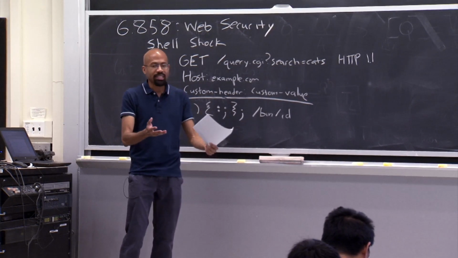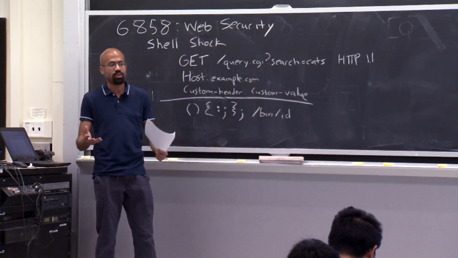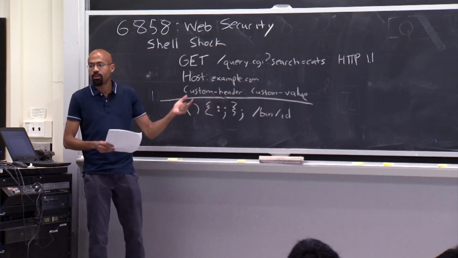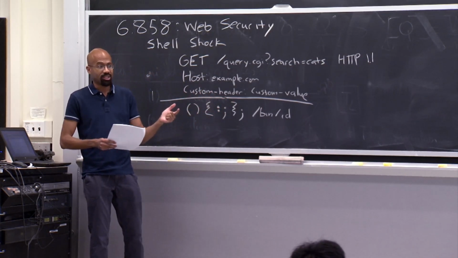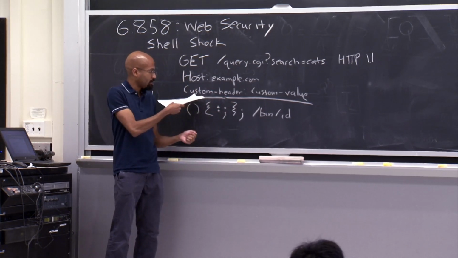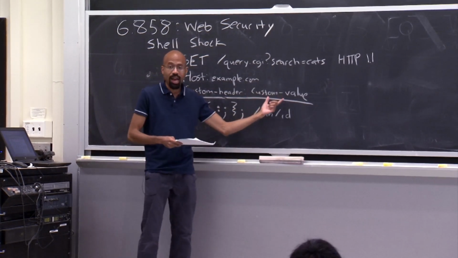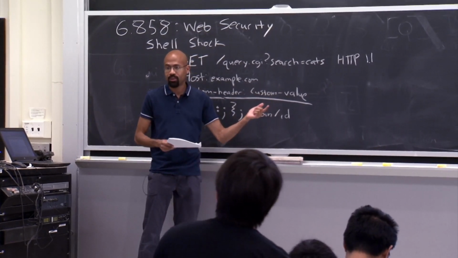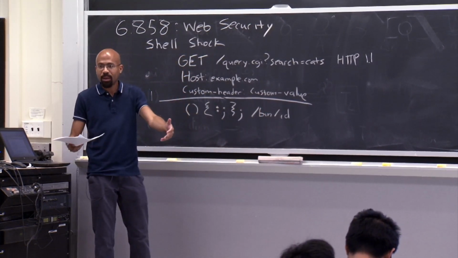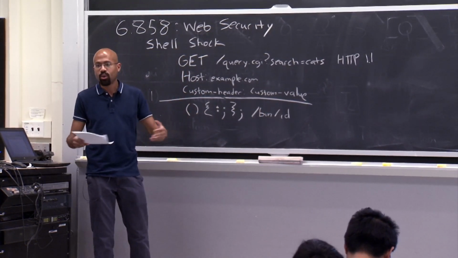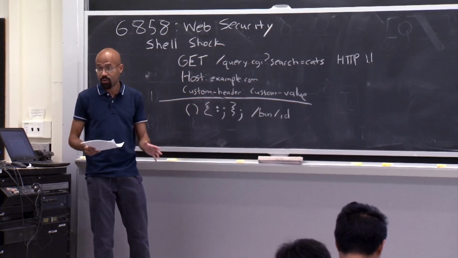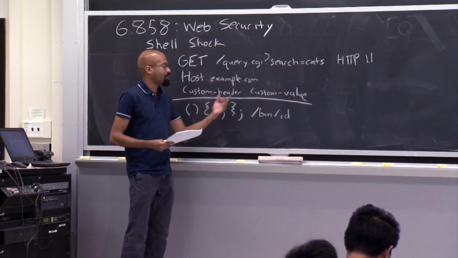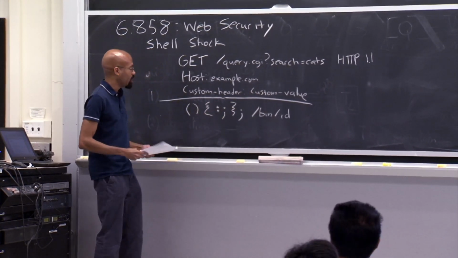But what ends up happening is that in a lot of these CGI web servers, they will actually take these custom header values and use them to set environment variables for bash. They will use this header to create a bash variable named custom header. Then they will take the value that the attacker has supplied and use that as the value of that bash variable. Once that variable is set up, the CGI server will do some processing in the context of that environment. So this is clearly bad. You can probably see where this is going. Web servers should not be taking these arbitrary values from the arbitrary unwashed masses.